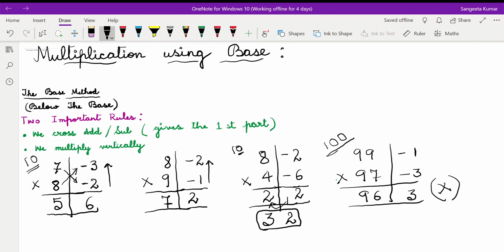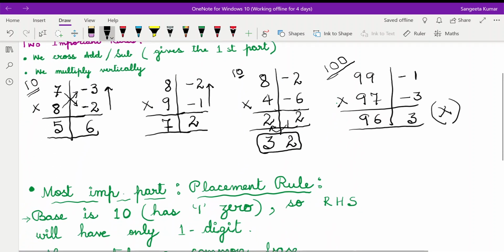Absolutely no. This is the wrong answer, because here we have omitted the placement rule, which states that if our base is 100, then the right hand part of the answer should have two digits. Here we have only a single digit, so this cannot be the correct answer. For this, what we do, please see